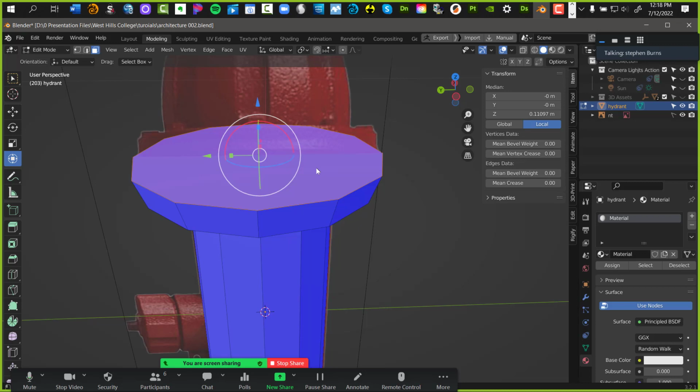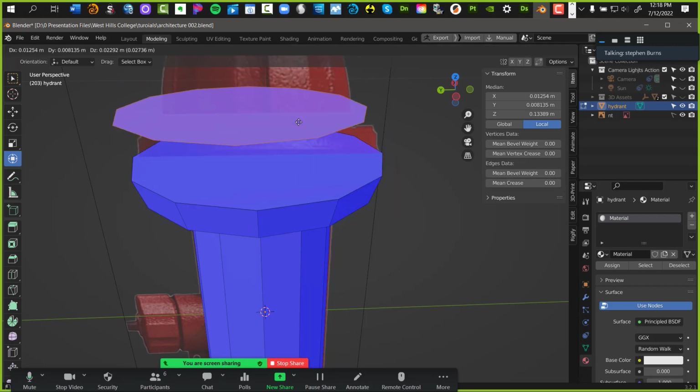So I want to take this top section and make it a completely separate 3D object. Is it a separate 3D object now? No. Why? Excellent, because it's connected to the cylinder. We're going to make it a separate 3D object. The first thing we're going to do is duplicate it. The shortcut to duplicating is Shift D, right?